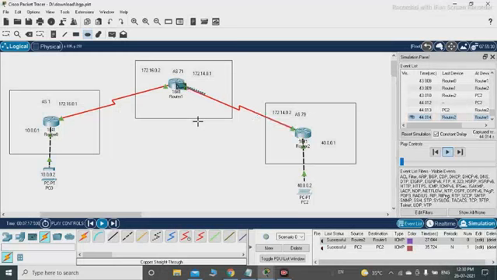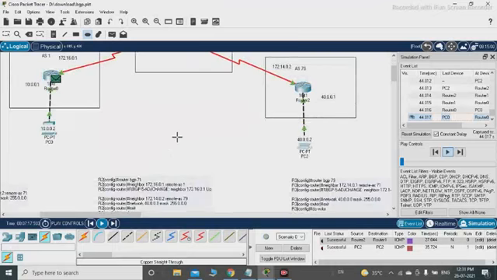Here we have two types of BGP, that is IBGP and EBGP. IBGP means the neighbor systems are in the same autonomous system. For example, we can consider this as one ellipse, and here we have two routers, or even three systems, and that is IBGP. EBGP means the neighbors are in different ASes, like this. This is a different AS, and this one is a different AS, so they are EBGP.